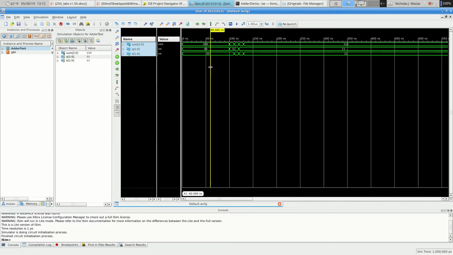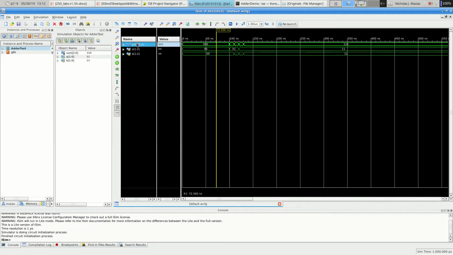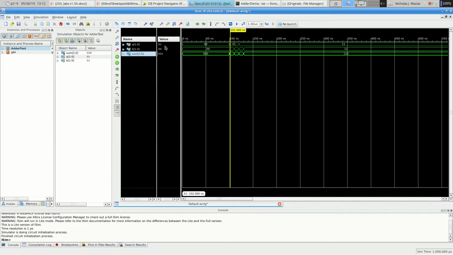And so I can click anywhere that I want, and I will see over here on the left the values of, in this case, A and B and sum. Let me move sum to the bottom. So A is on top, B is in the middle, and sum is on the bottom. So right now at this point, A and B are both 0, 0, and the sum is also 0, 0. If I click over here, A is 0, 1, B is 0, 0, sum is 0, 0, 1. That's 1 plus 0 equals 1. If I click over here, A is 0, 1, B is 0, 1, sum is 0, 1, 0. 1 plus